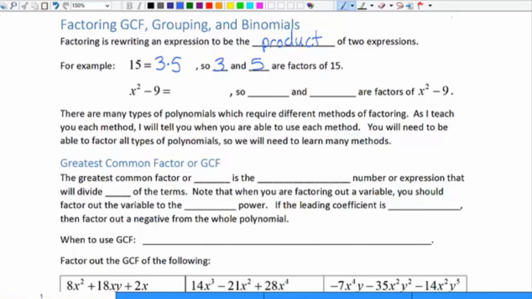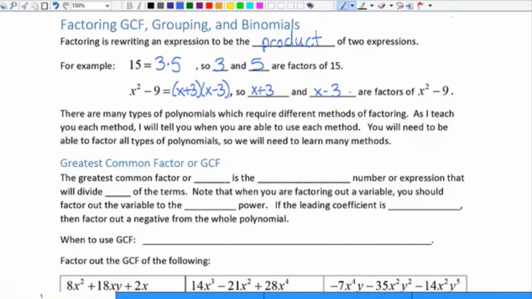So x squared minus 9 can be rewritten as x plus 3 and x minus 3. If you distribute, we do truly get x squared minus 9. Now I don't expect you to know how to do that right now, but we know that this is true. So therefore we can say that x plus 3 and x minus 3 are factors of x squared minus 9. We will teach you how to factor x squared minus 9 a little bit later on in this lesson, but